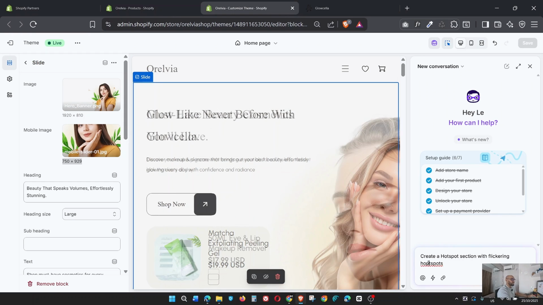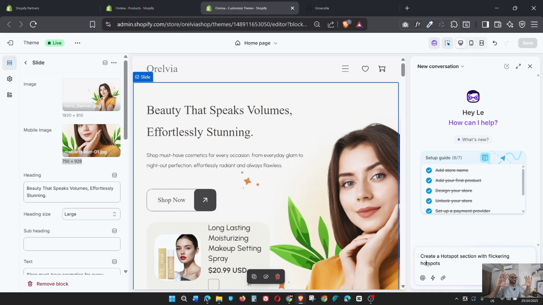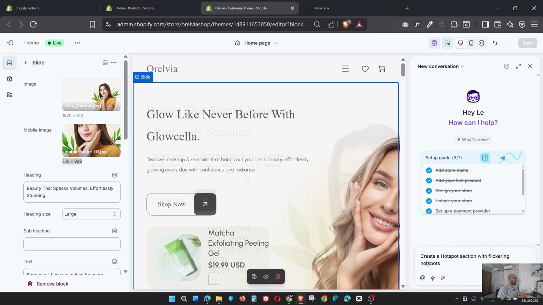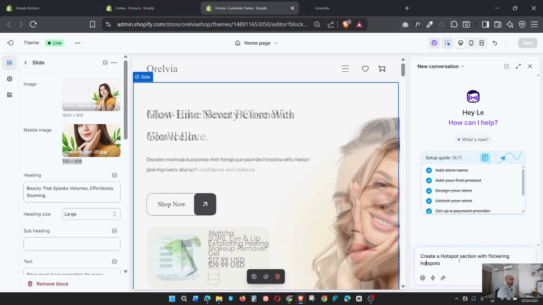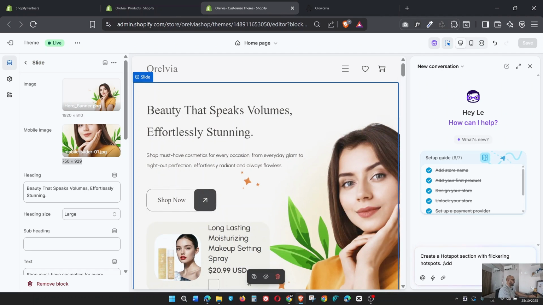Okay, this is just a basic one. A hotspot section is one of those big sections which has flickering, so you click that, and then it will show the product. Yeah, it will display the product. So create a hotspot section with flickering hotspots, and then I'll also add